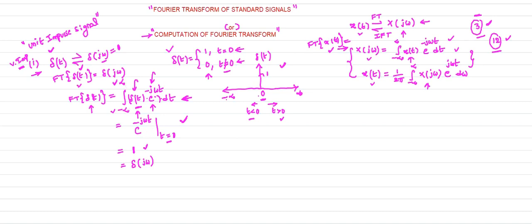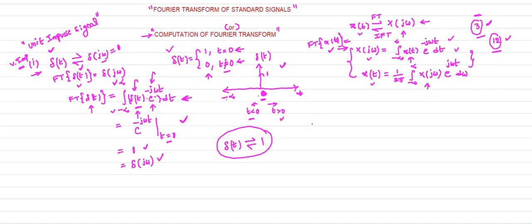So when you add from minus infinity to 0, you will get 0 value. Like that, from 0 to infinity you will get 0 value. You only get the value of the function at time t equal to 0. Because at time t equal to 0, your delta of t is 1. So at time t equal to 0, what is the value of this function? e power 0. So e power 0 is what? e power 0 is 1. So the Fourier transform of delta of t, which is delta of j omega, is nothing but one value. This is your Fourier transform of the unit impulse function, which is the value of 1. So this is your Fourier transform pair.